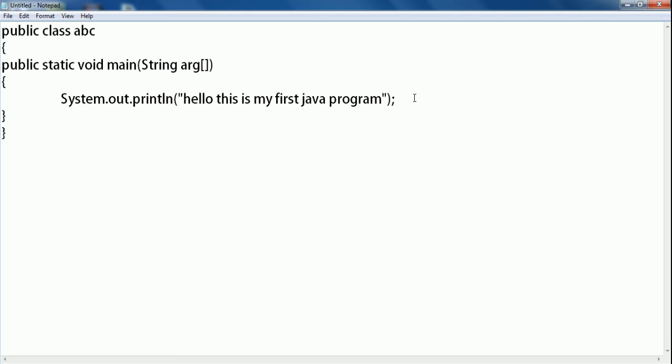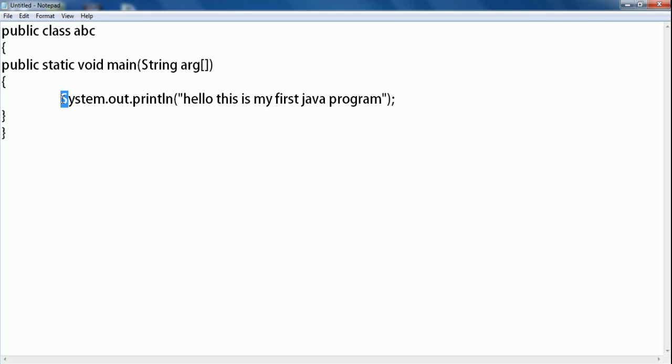Mind you one more thing, in Java every predefined class name begins with a capital letter. Like here you can see String is a class and its first letter is capital, System is a class and its first letter is capital.